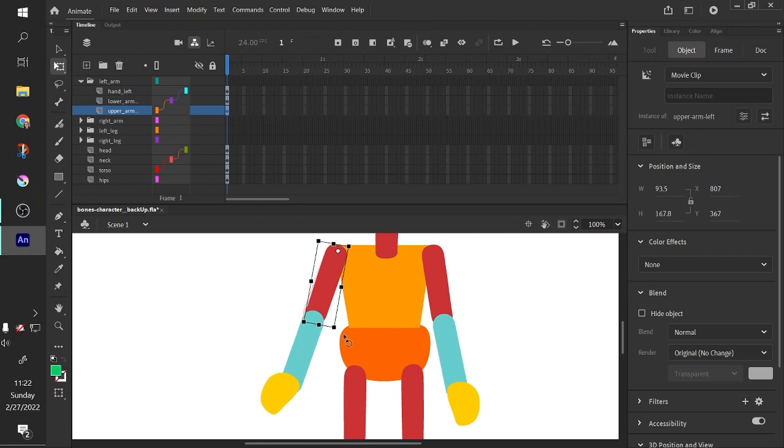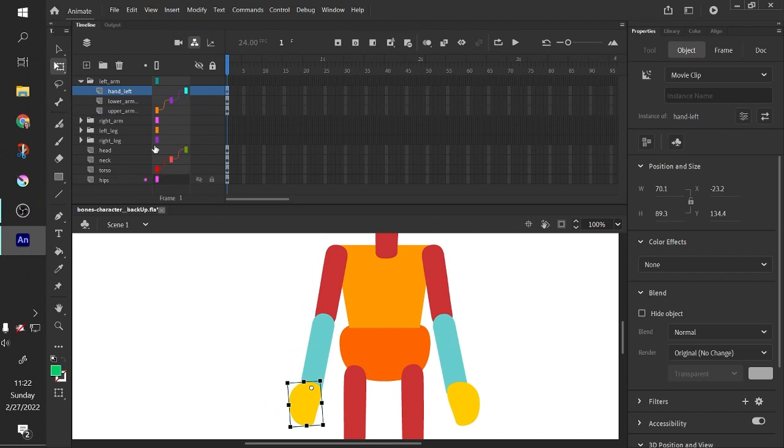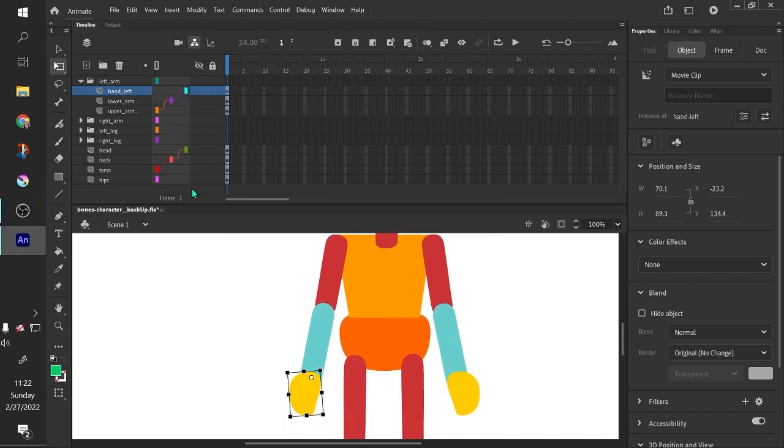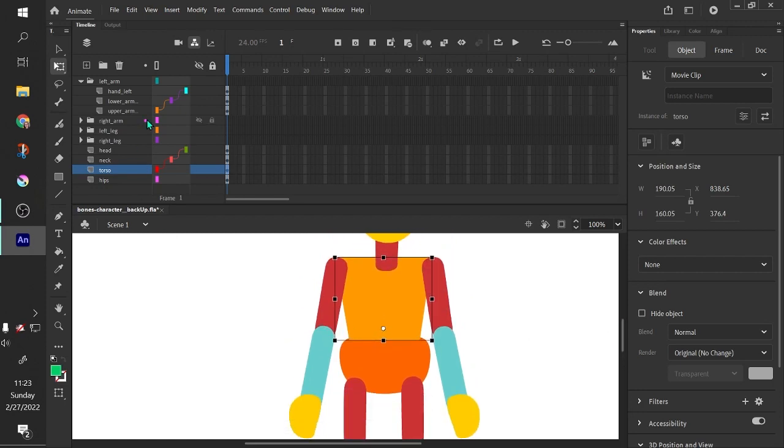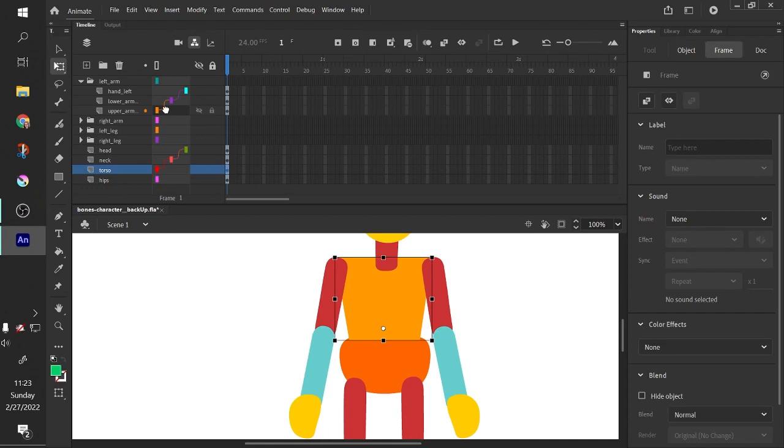All right, so I'll put these back into their general positions. Okay, and in order to get this arm to move when the torso moves, I'm going to need to go ahead and parent that arm to my torso. So I need to parent the whole arm to the torso. So I need to find the highest parent on the hierarchy, which is my upper arm, and parent that to